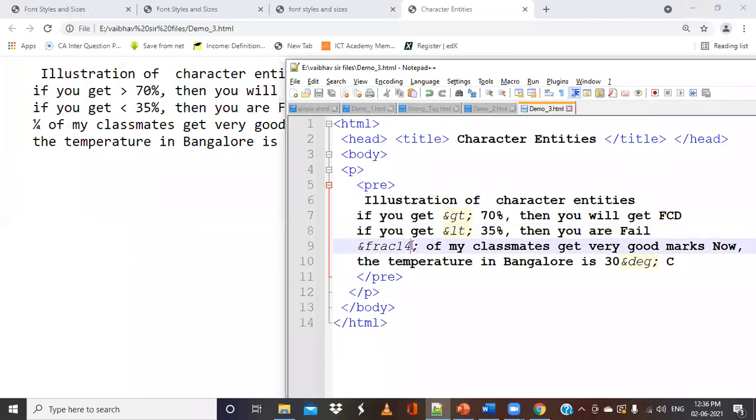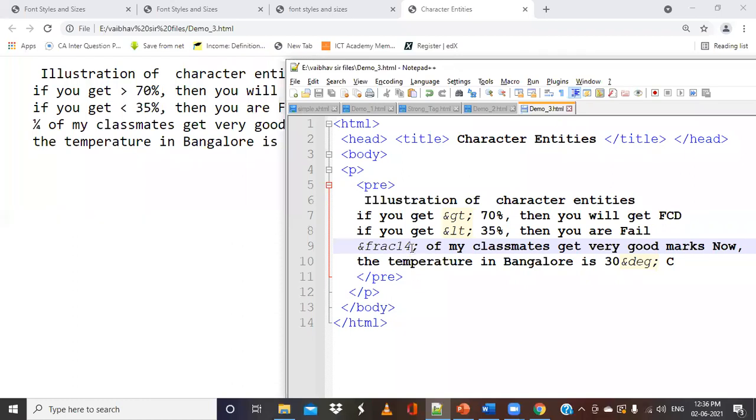Similar to that, if I want to display that half of my classmates get very good marks, what can be the changes? Can somebody think of it? Hello, are you getting me? Yes, sir.